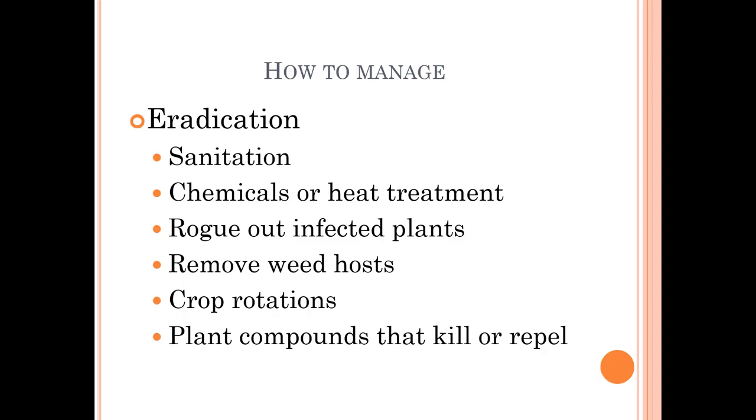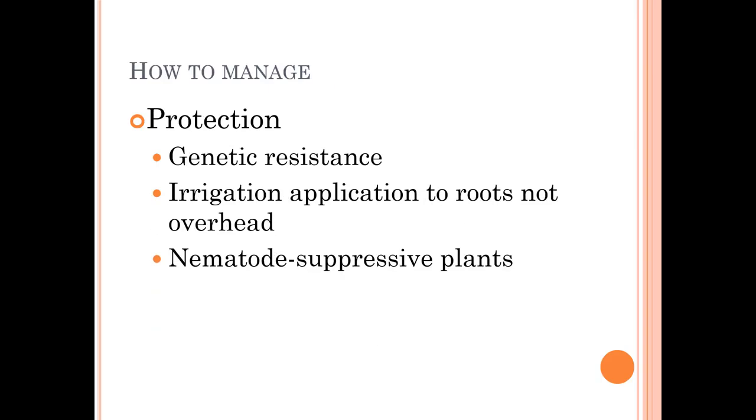The important thing to know is, and it's marigolds, and you have to pick the right marigold for the right nematode, so you need to make sure you know which one you have. And it's not a matter of just interplanting with marigolds. You're going to need to do a cover crop of marigolds to really be able to manage these guys or repel them. And finally, protection. There's some things that are genetically resistant. Some of them are tolerant. You want to irrigate to the roots and not overhead because you can spread it through water. And then, as I just mentioned, nematode suppressive plants.